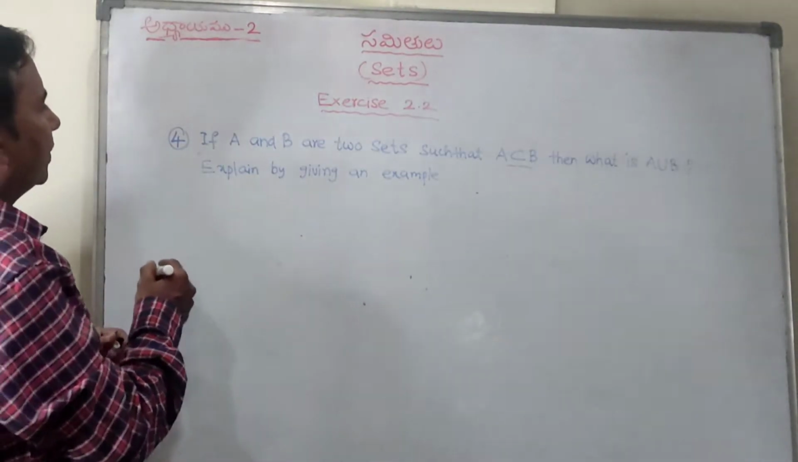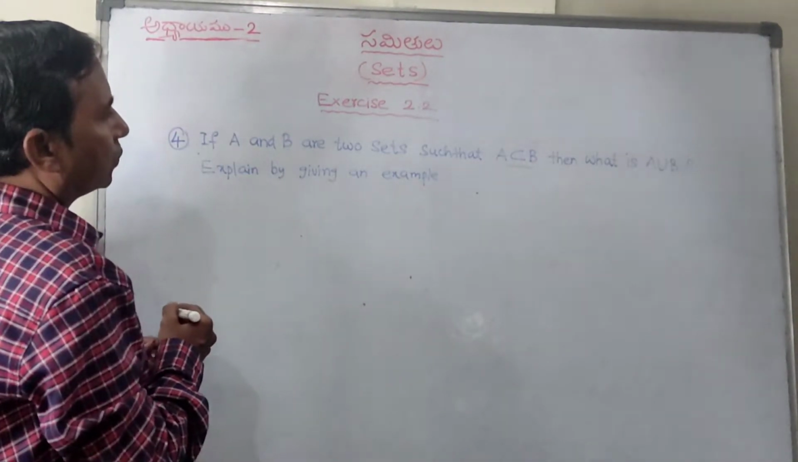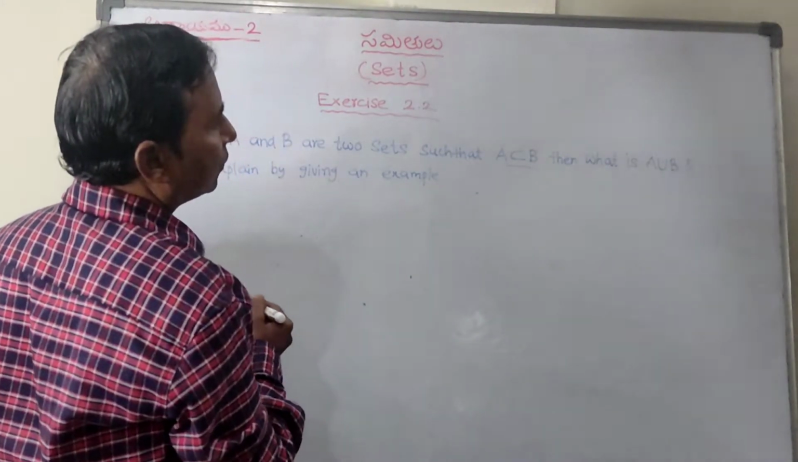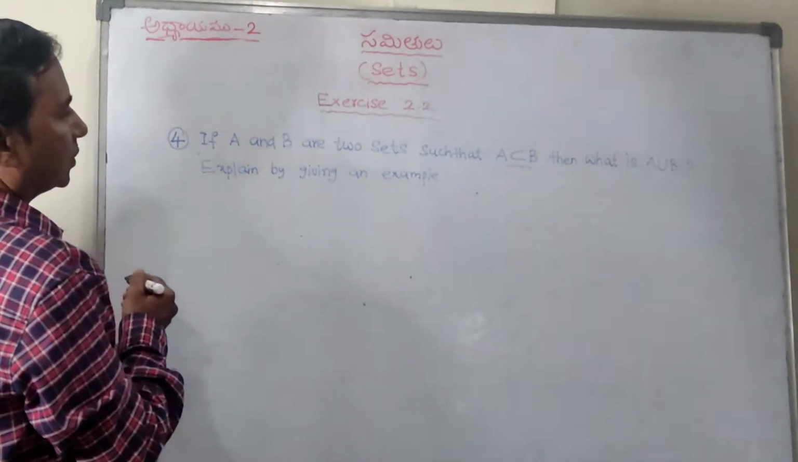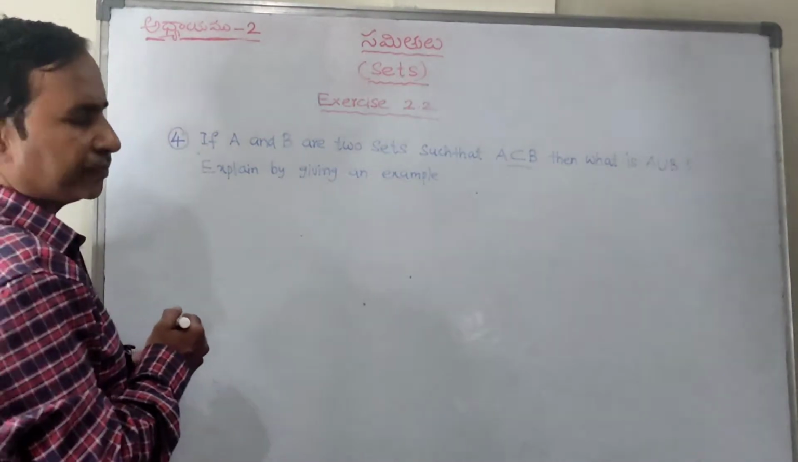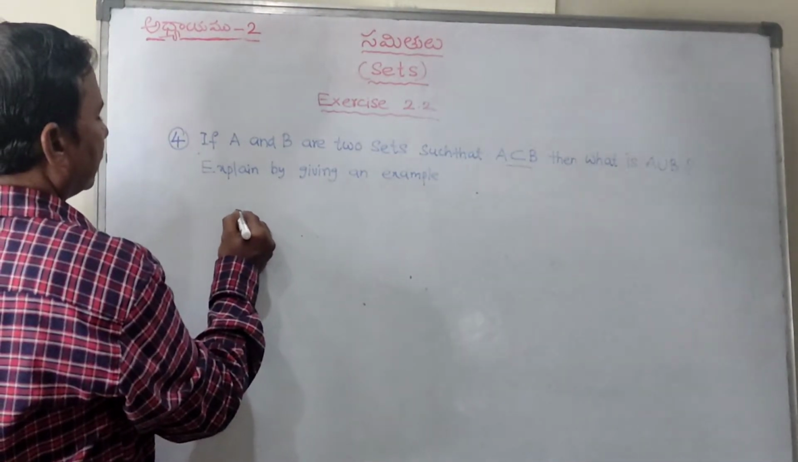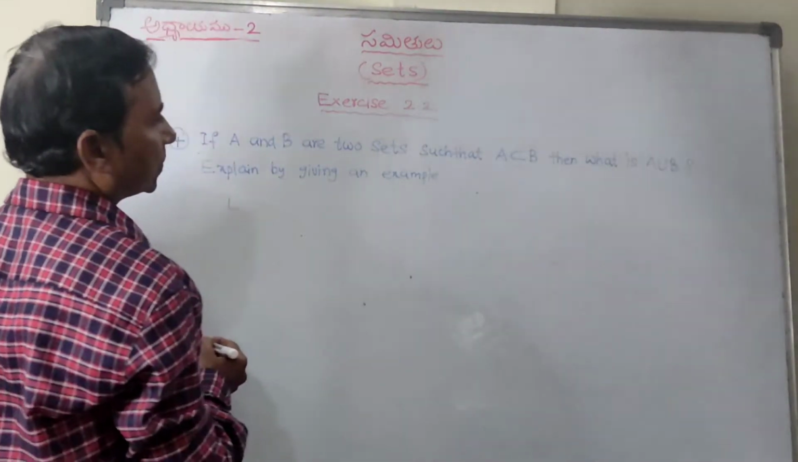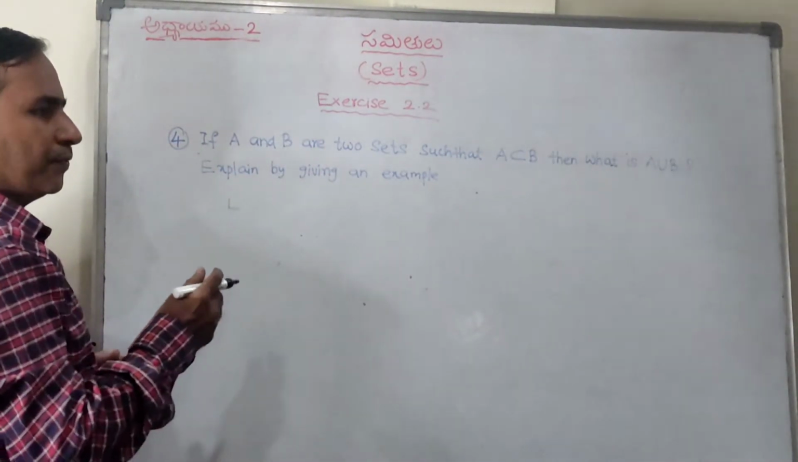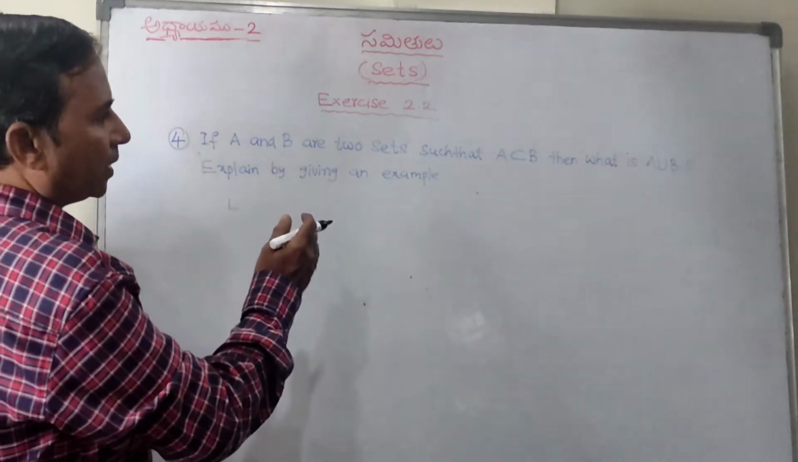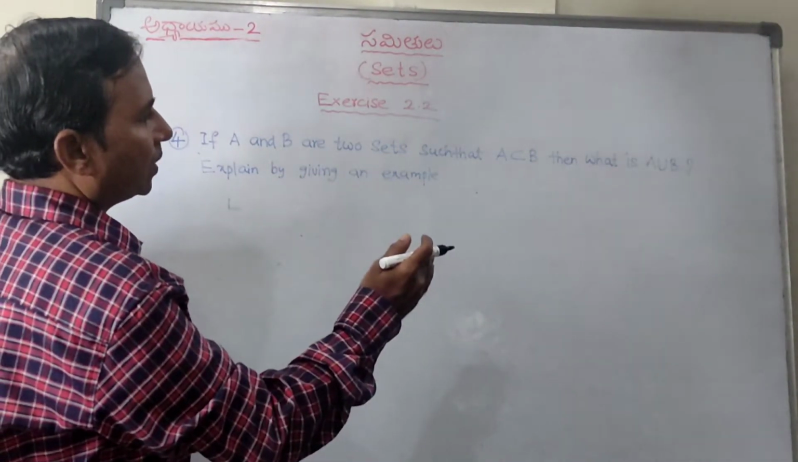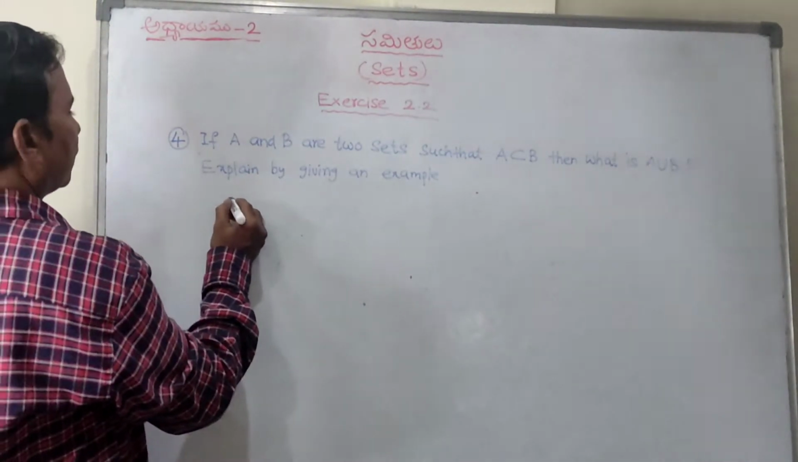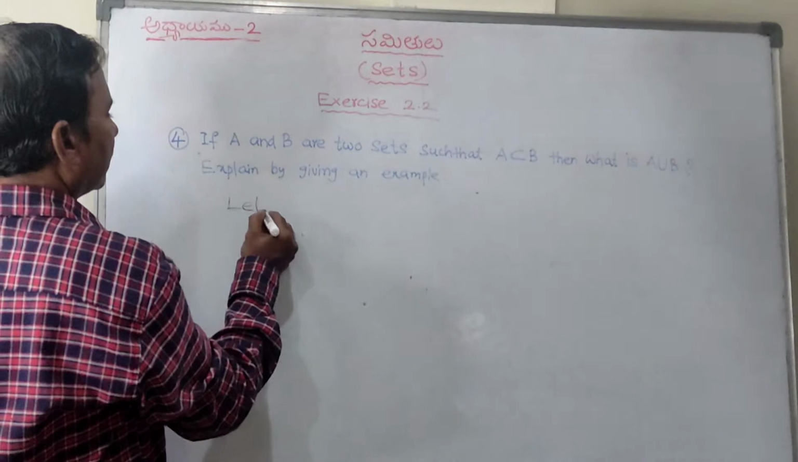Now see the fourth bit. If A and B are two sets such that A is subset to B, then what is A union B? Explain by giving an example. Okay. So here one condition is given, A subset B. A subset B means if every element of set A is there in set B, we will write that A is subset to B. So like that we have to assume an example, let